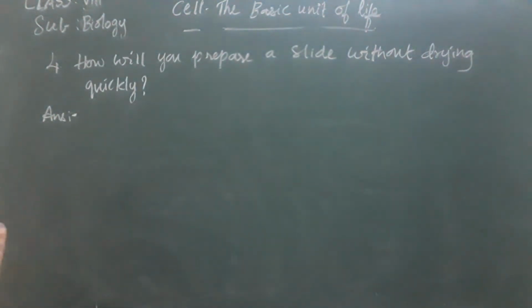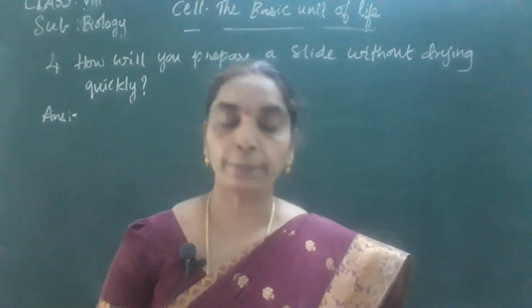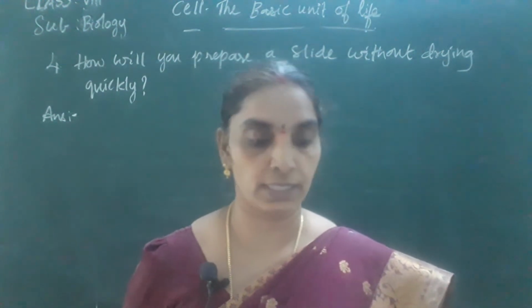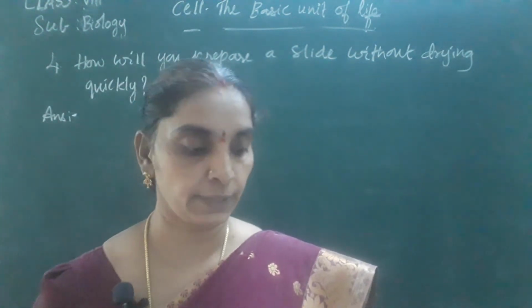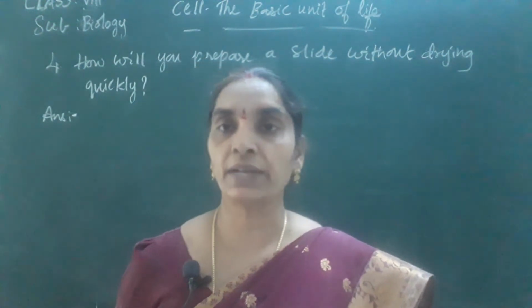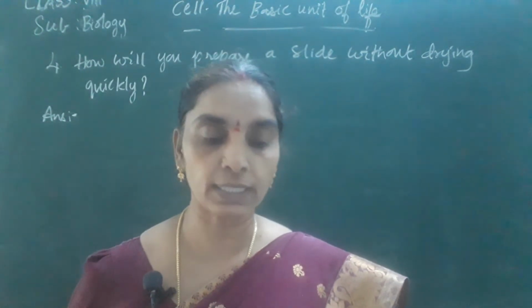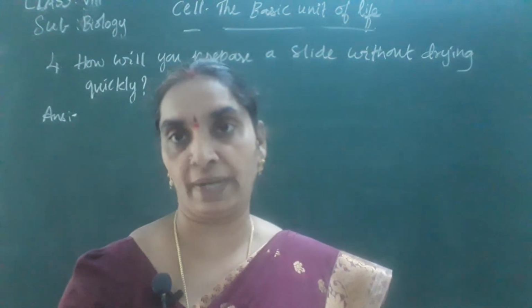So the answer for this question is: take a rectangular strip of clear and clean glass piece called a slide. Okay, first note it down and then you can easily write. If the object is thin and flat, it can be directly placed on the glass slide toward the center. Add a drop of water with the help of a soft brush.